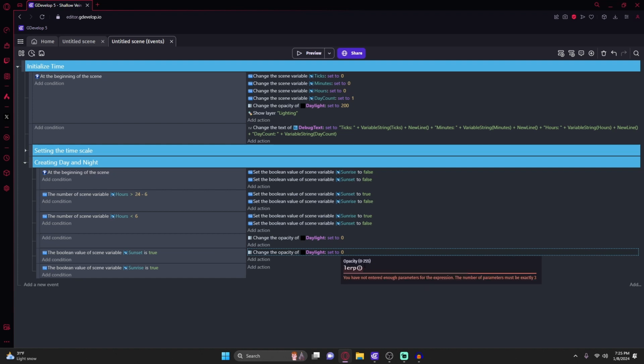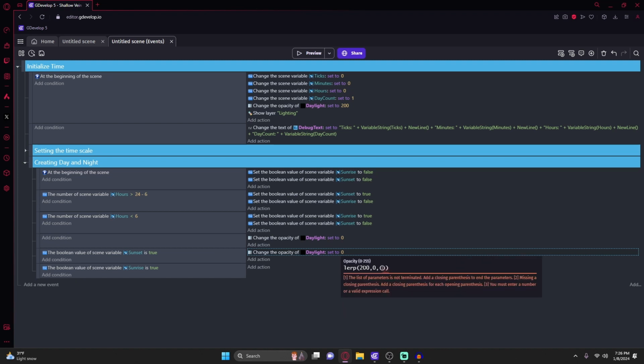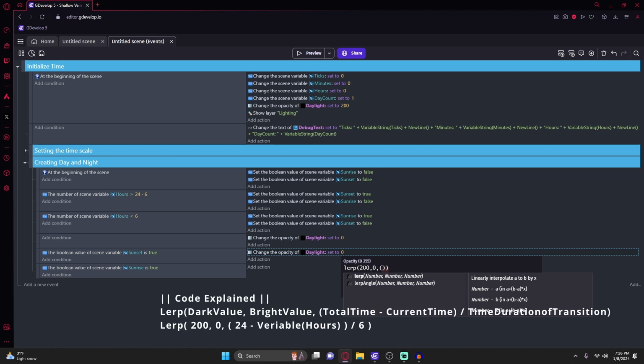So by setting a lerp, we can say 200, which is the max darkness, we want to go from darkness, or from our value of sunset. So we're saying from darkness to 0. We're going to do it at a scale of 24. So our third number, so we need to do 200, 0, because that's daylight. And then we need to do close brackets because we need this mathematically to happen at a different point. So we need to make sure we close this in and say 24